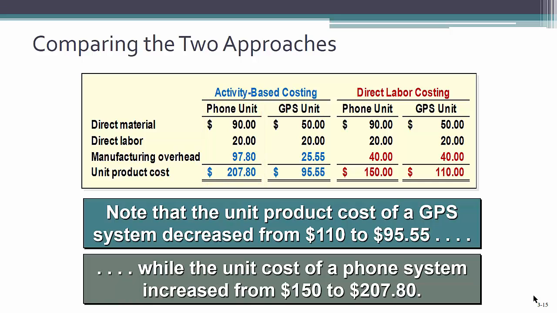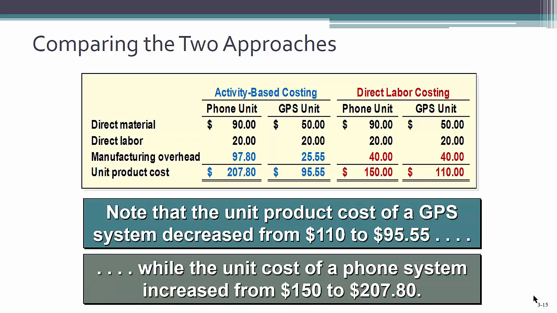$207.80. Likewise, when we add direct material cost of $50 and direct labor cost of $20 to our ABC overhead cost per unit of $25.55, the total unit product cost of a GPS system under ABC is $95.55. If we compare product costs using ABC to the traditional costing method using direct labor hours as a base,